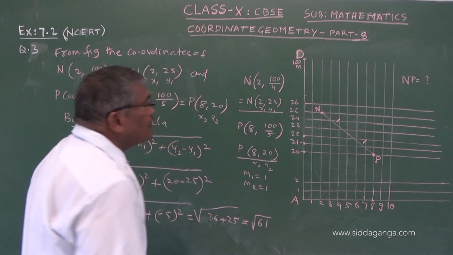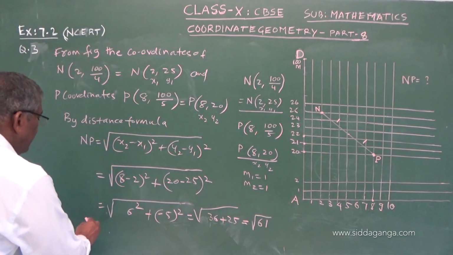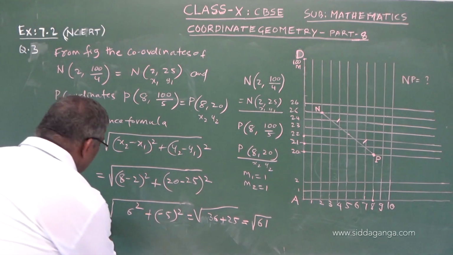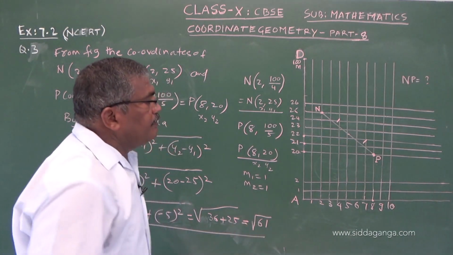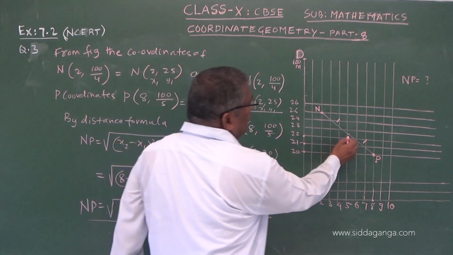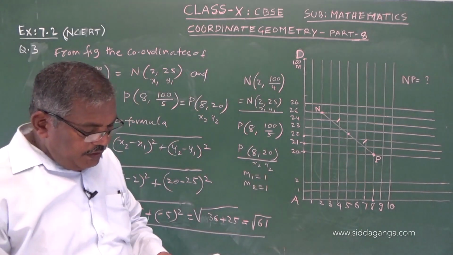So this is the distance between NP. So NP distance will be square root of 61. Now the next task is we have to find the coordinates of the midpoint of NP,